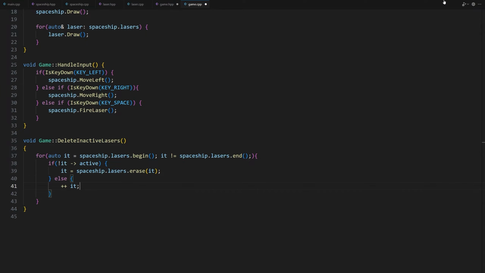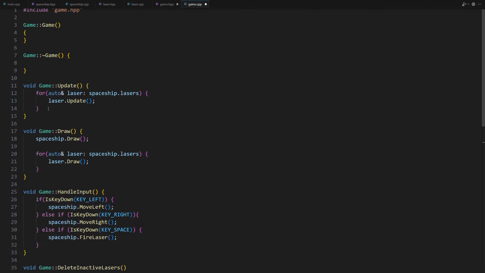When we find an inactive laser, we remove it from the vector. The erase method returns a new iterator pointing to the correct element of the vector. If the element is active, we just move the iterator to the next element.